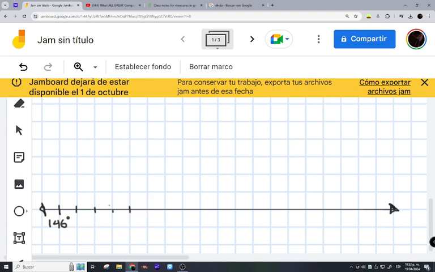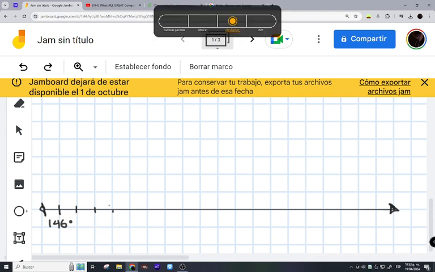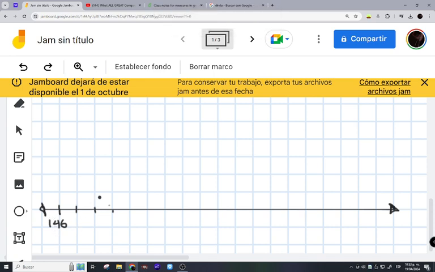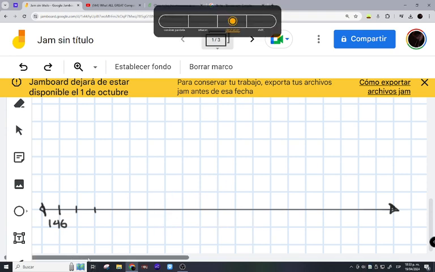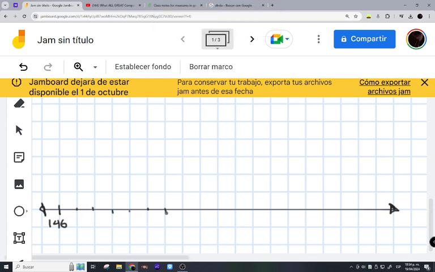I think it's too small of a scale, so let's try to do it one by one and let's see if it works. 146, 47, 48, 49, 50, 151, 152, 53, 54, 55, 56. I think one by one works in this case. So yeah, one by one. Okay, 147 goes here, but I am just going to skip this and write 148. 150 here,